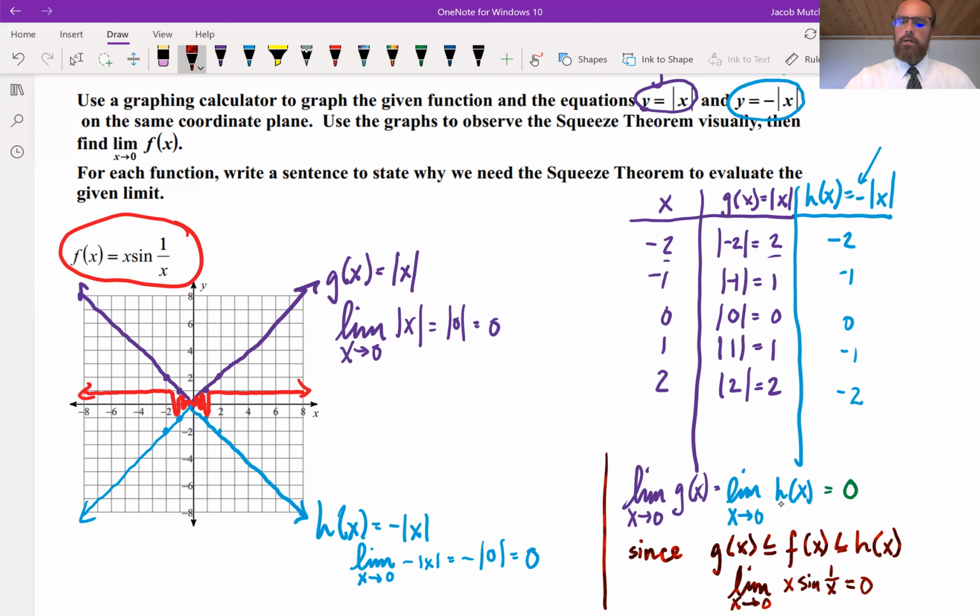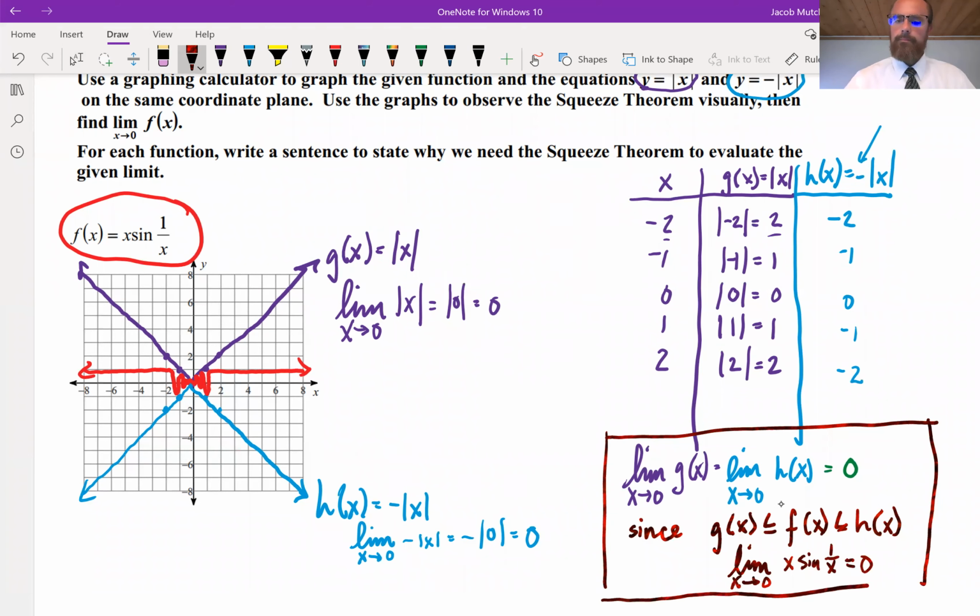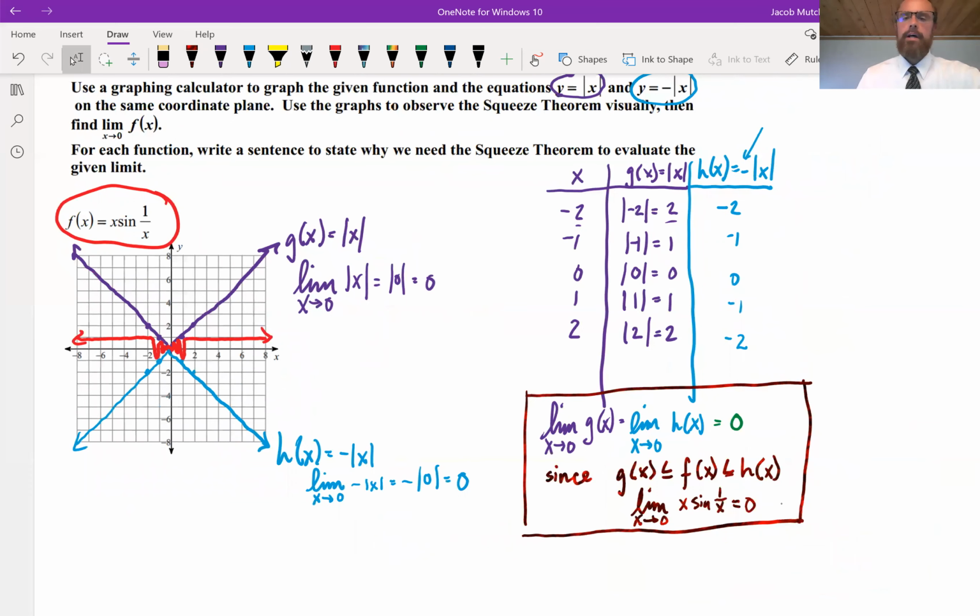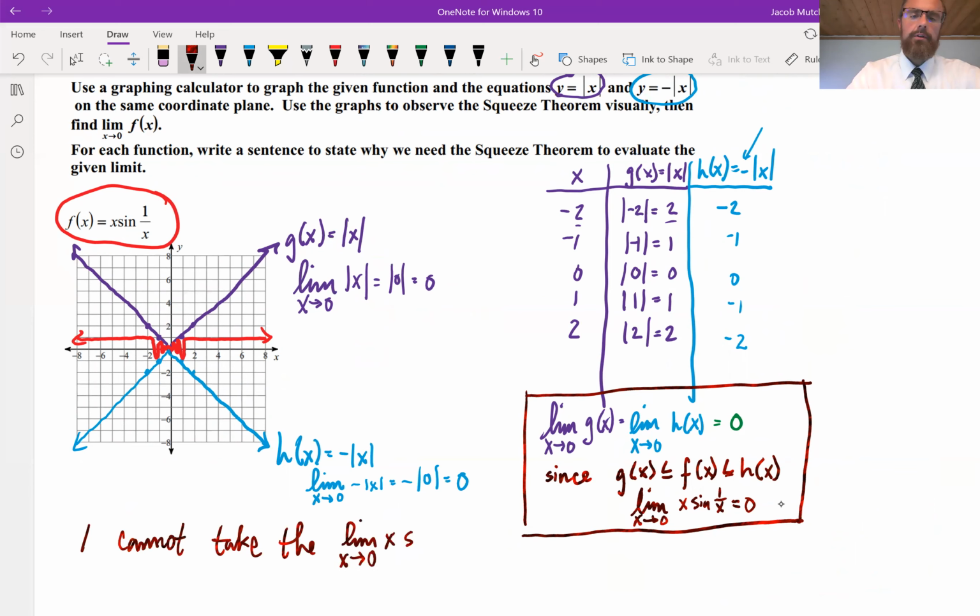I really would box that whole statement. Our last task for this question is to give a sentence to say why we need the squeeze theorem to evaluate the given limit. And my sentence would go something like this. I cannot take the limit as x approaches 0 of x times sine of 1 over x by direct substitution,